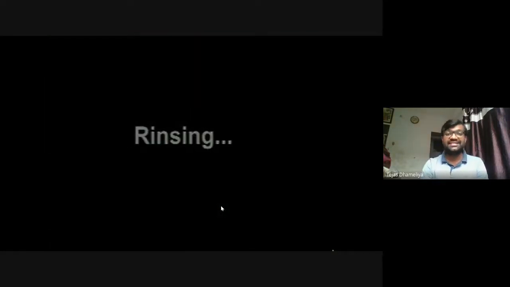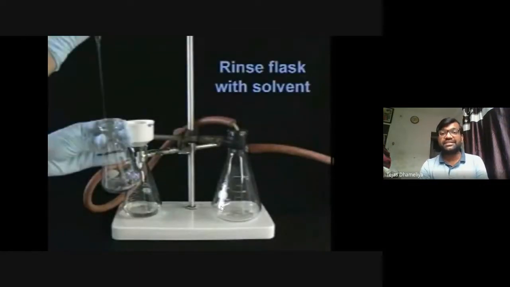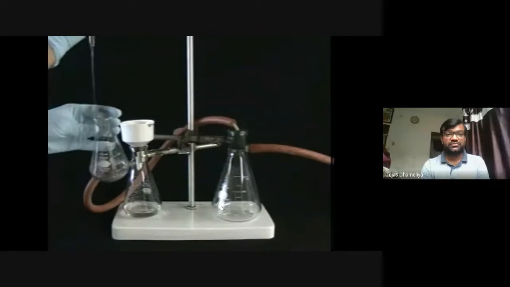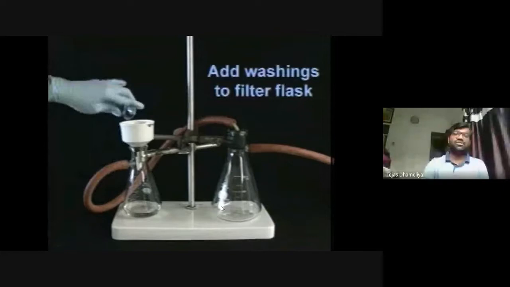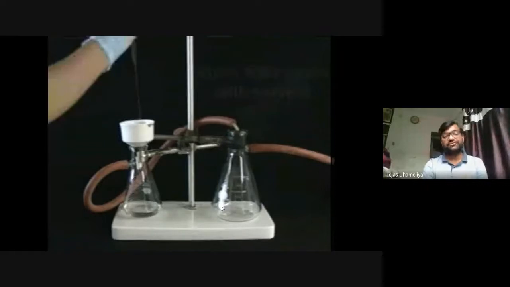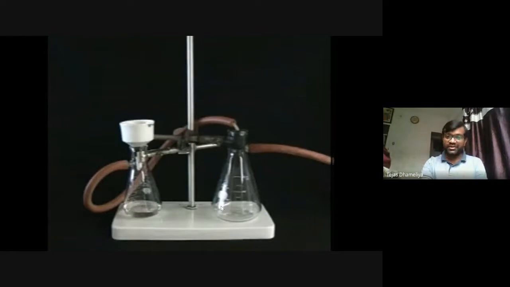Then we have to do the rinsing. So rinsing will occur, and we have to rinse the flask with solvent. So the remaining amount of washing we should also perform, so that we can also rinse the flask and the filter paper. 3 time washing is required. कि जो भी filter paper using solvent which is pure neat solvent, so that we cannot take a single chance to lose our product.